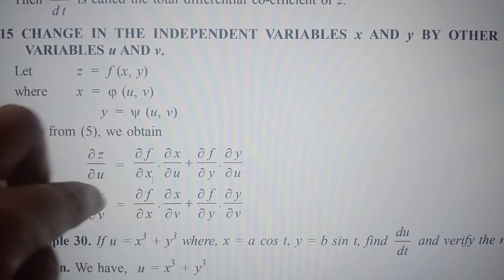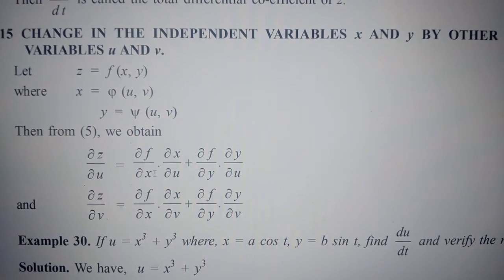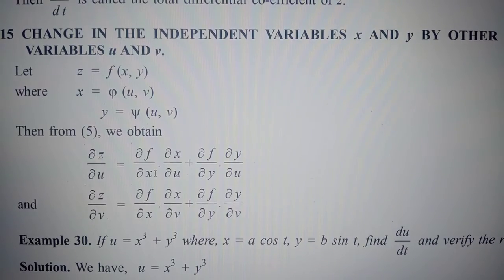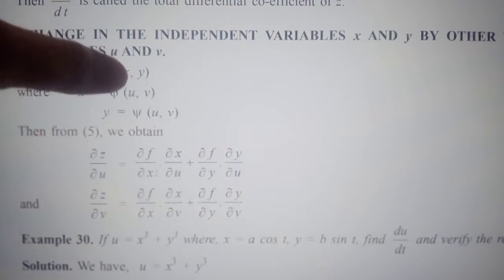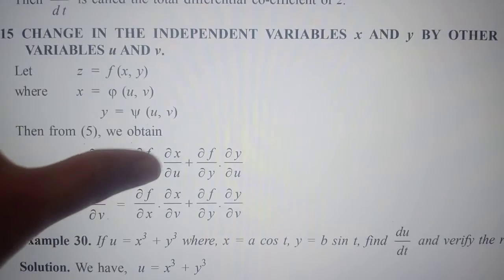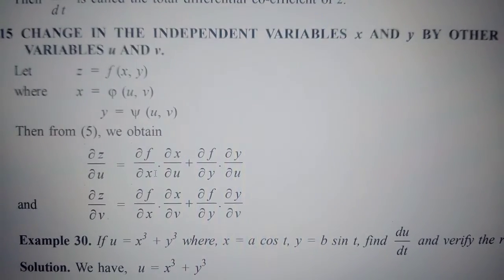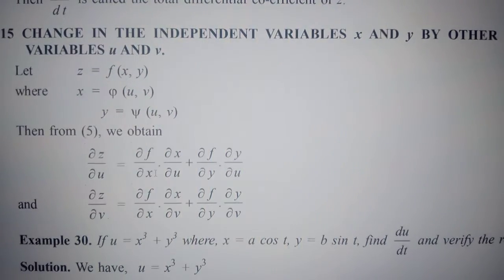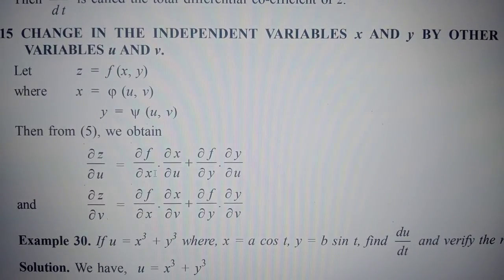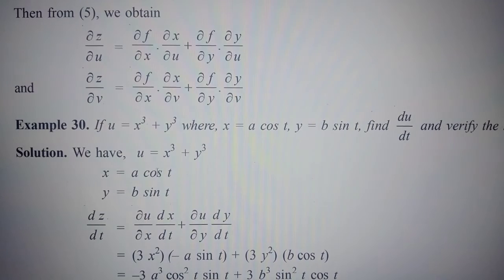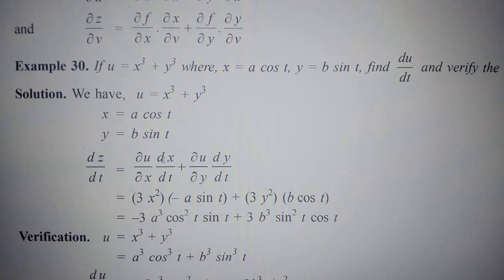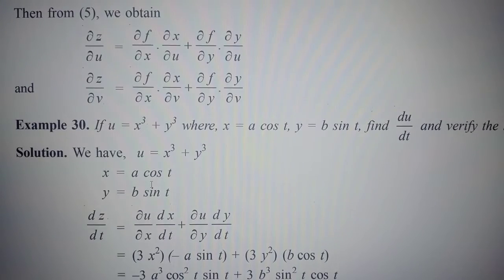Here or here also. So we are just understanding the function z is a function of x comma y, so we are applying the differentiation here like this. So these are very important formulas for us. The theory is just a dry concept, but the questions are very simple and we get the answers very simply.